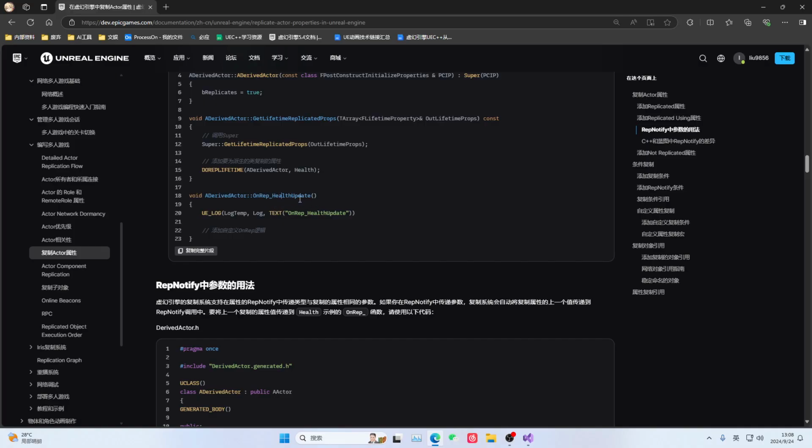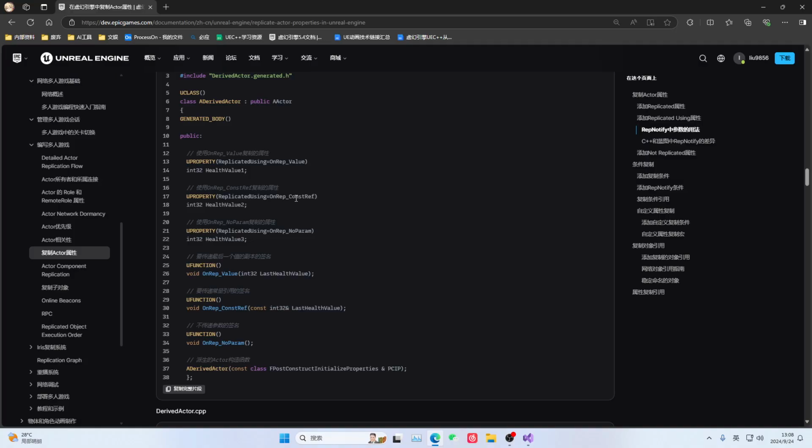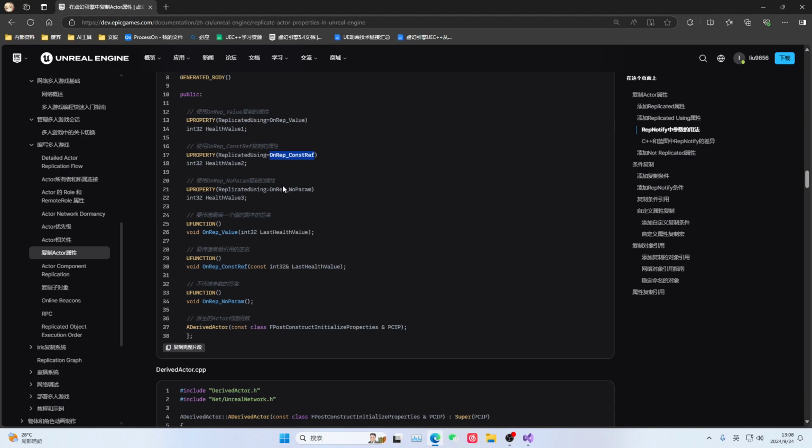So the most important thing, this RepNotify, it actually sometimes, for greater flexibility, you might want to get the previous value, because after it finishes accepting this parameter, the value itself has already changed. So you don't know what the previous value was. Sometimes you will compare and analyze the values from before and after. So can you get it? Of course you can. Then you can use this method, or rather, through these methods,